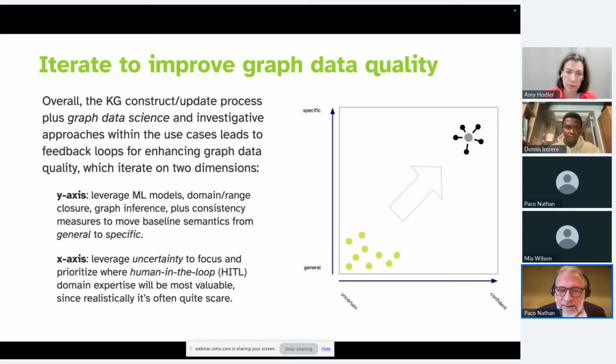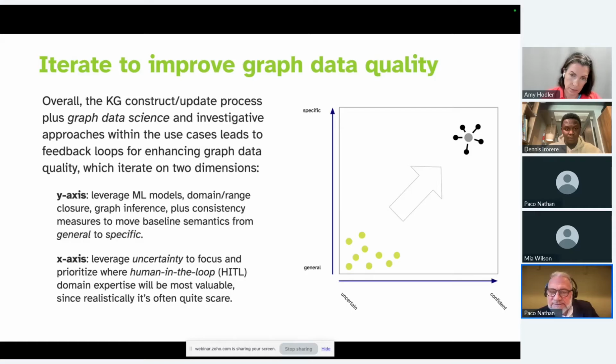A kind of rationale here is in this diagram, the y-axis shows going from very general to more specific kinds of labels or semantics. So, you have down in the lower left side, a bunch of dots there. They're not connected. And in the top right, you've got a graph.